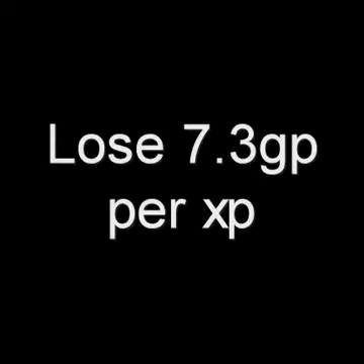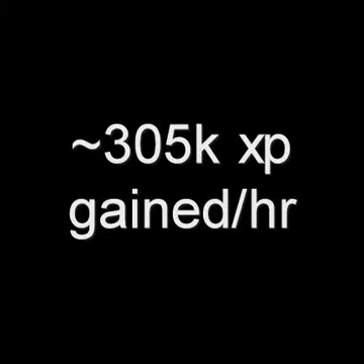Alright, black dragon leather. At level 84 crafting, you can make black dragon leather bodies. And this is one of the fastest ways to 99 crafting. Unfortunately, you lose 7.3 GP per XP gained. Plus, at an hourly rate of 305,000 XP an hour gained, and a loss of 2.2 million GP, this is